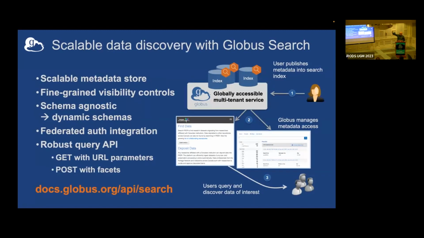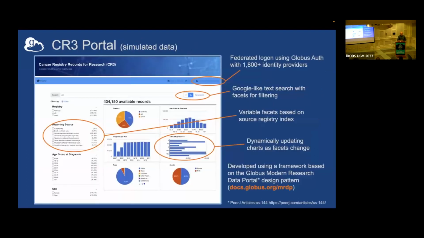And then the third piece that was on the top there, the search service. This has been out a long, long time. We've got a lot of portals that use this, but it becomes very important when you want to roll it into these end-to-end flows, where we've got the scalable metadata store that has, very importantly, fine-grained access controls on the metadata. So we've got the access controls on the data. We also have it on the metadata. We pull those things together, and we've got